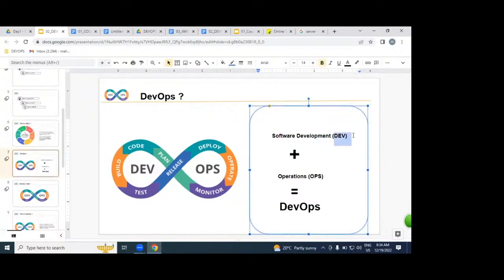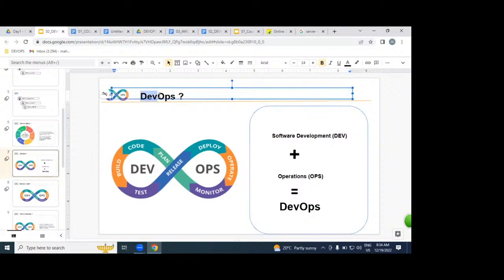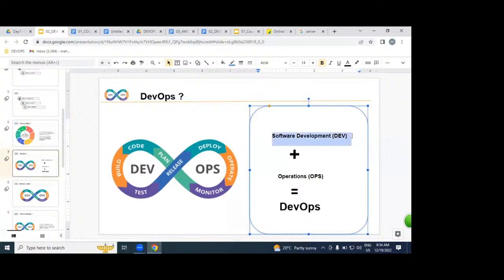DEV is nothing but development. OPS is nothing but operations. The combination of software development plus operations, we call as DevOps.